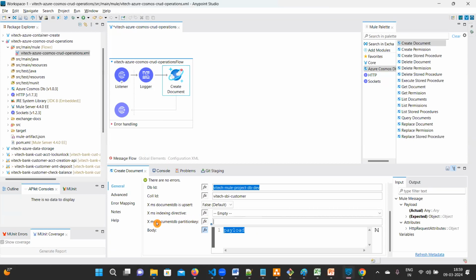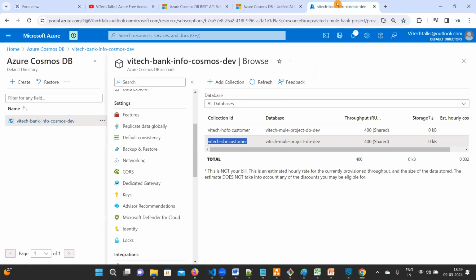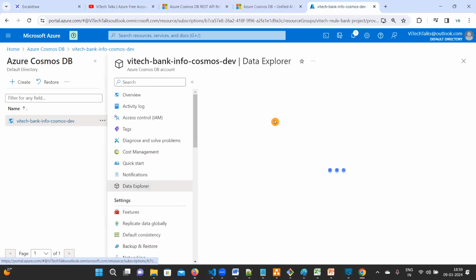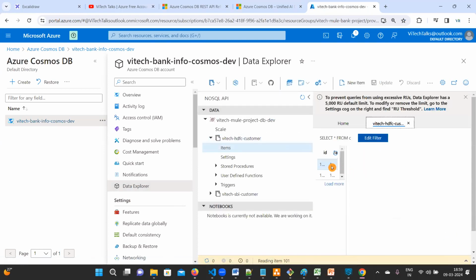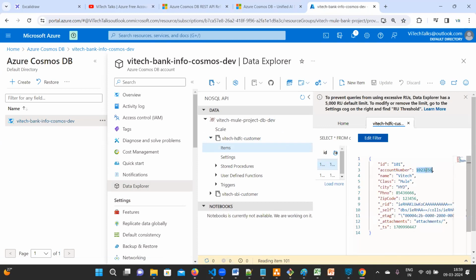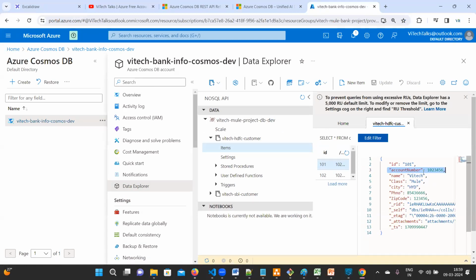Now, partition key is very, very important. So what is the partition key? How are we going to pass the partition key? I'll take one example here. See this account number, right? You will directly pass it via body, or you will pass it via query parameters. That's very important. If you pass it via body itself,